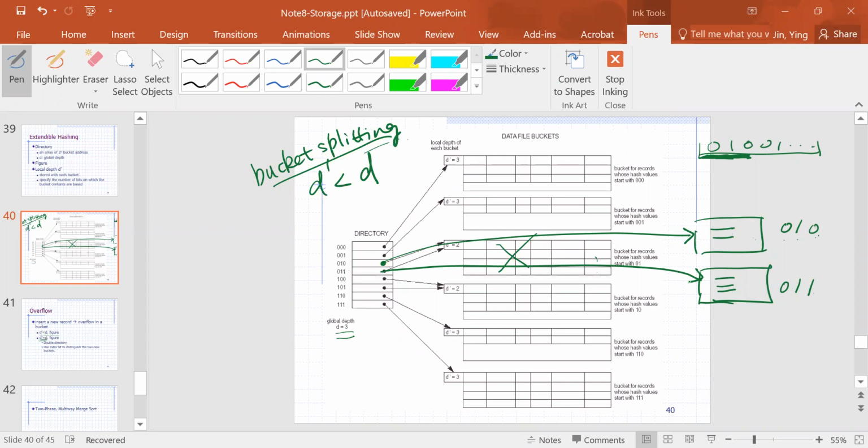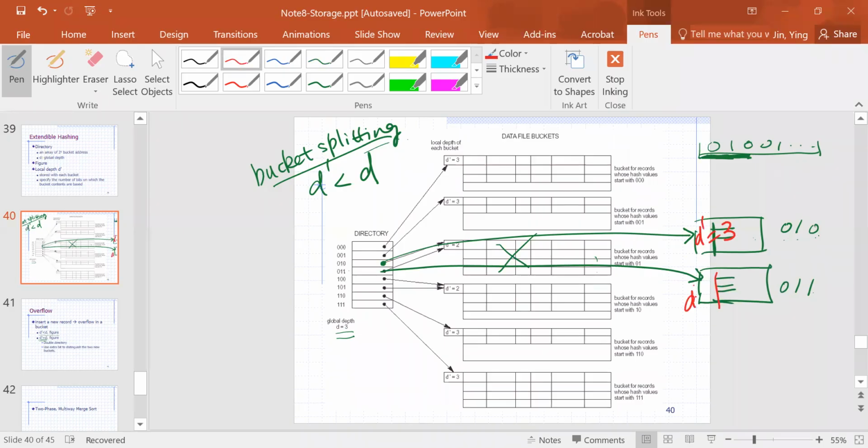So now you see why some of them have 3 digits, right? Some have D prime 3, some D prime 2. It's just because originally it was only 2, since we didn't have a lot of records. Now we have more records inserted, then eventually I'm going to split, and now the D prime here, this one, equals 3,